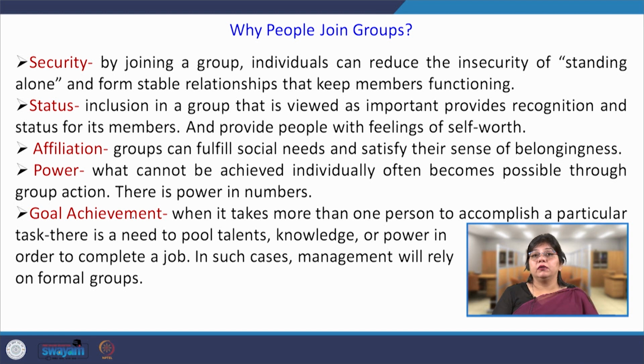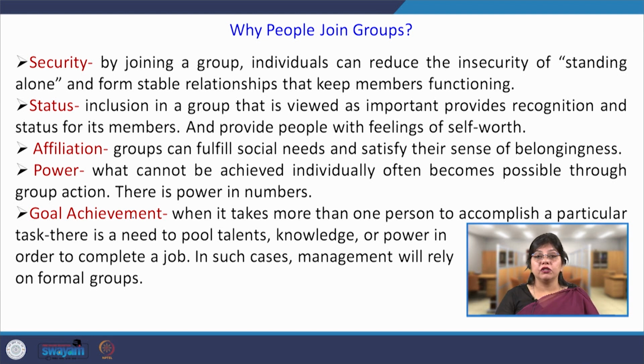So, if we talk about people joining groups to have security, by joining a group individuals can reduce the sense of insecurity of standing alone and form stable relationships that keep members functioning. Everybody requires social and psychological support. One finds it difficult to stand alone and make the objectives achievable. For that, every individual requires that support to overcome that sense of insecurity,